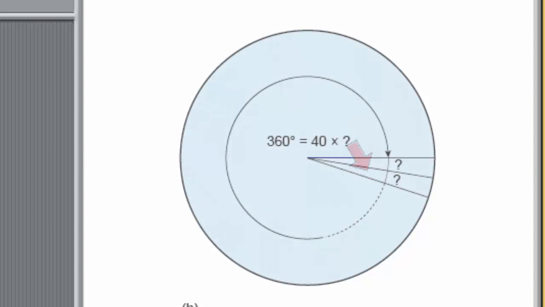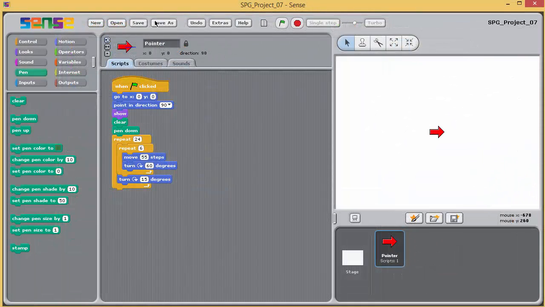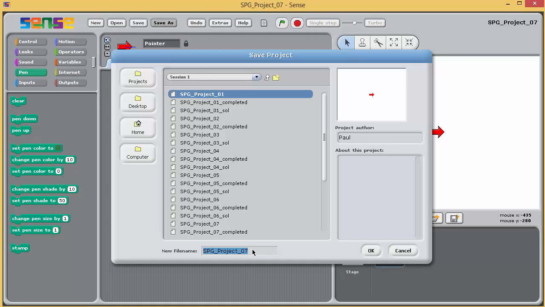In the next exercise, you're going to modify the program you completed in programming exercise 6 so that it draws a different number of polygons. Open Project 7, which contains the completed program from programming exercise 6, the hexagon drawing version, and immediately save this project as